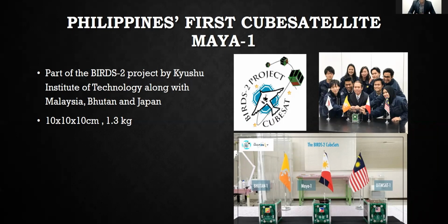The picture on the right shows the Birds 2 project logo and the members of the Birds 2 project. We have two Filipinos there, Joven Javier and Adrian Salces. And of the three satellites made by the Birds 2 project, in the middle you can see